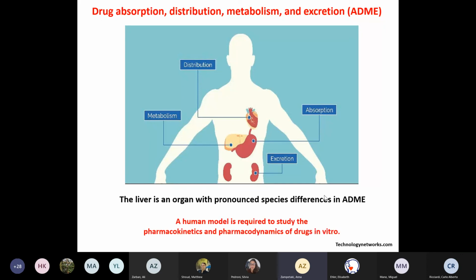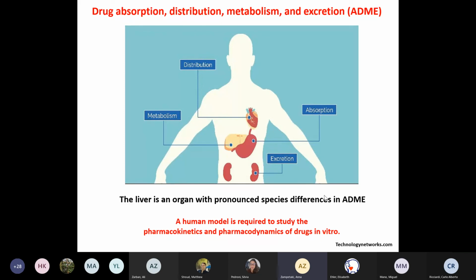The liver in particular is an organ that was shown to display very high species differences in this ADME processing, metabolism of medication, and therefore we will need a human model to study the pharmacokinetics and pharmacodynamics of drugs